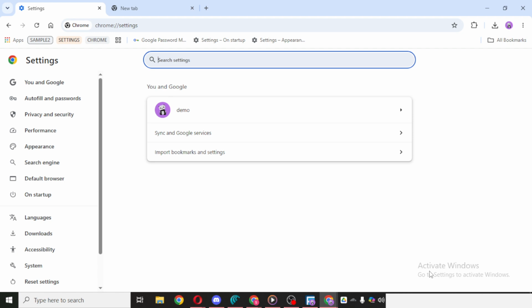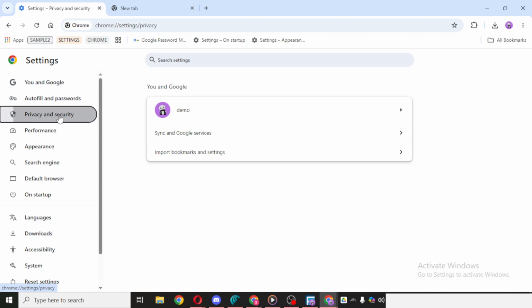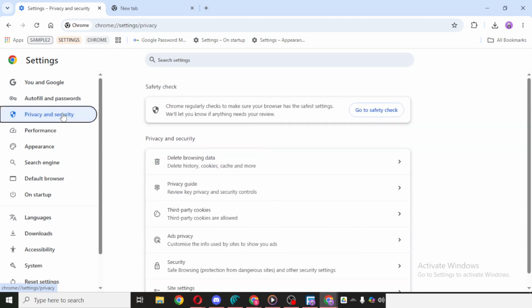If you don't immediately see the option you need, don't worry. Everything we're looking for is grouped under Chrome's privacy controls. Next, click Privacy and Security. This section contains the permissions that websites use when they want access to things like your camera, location, notifications, and microphone. Since voice search depends on microphone access, this is the area where you need to make the change.